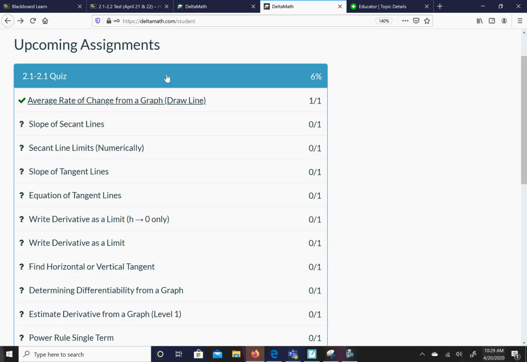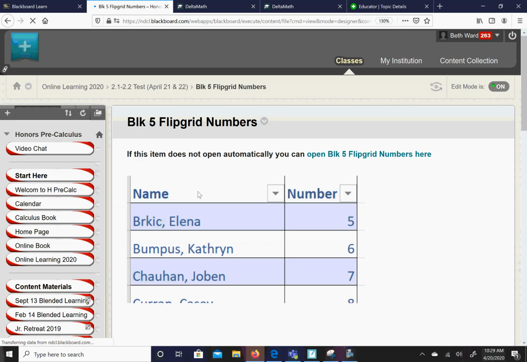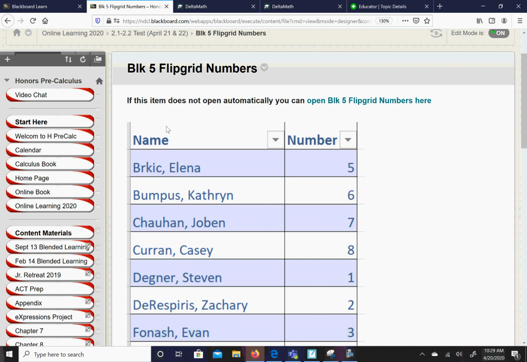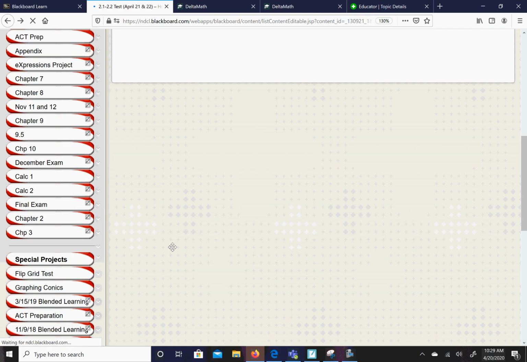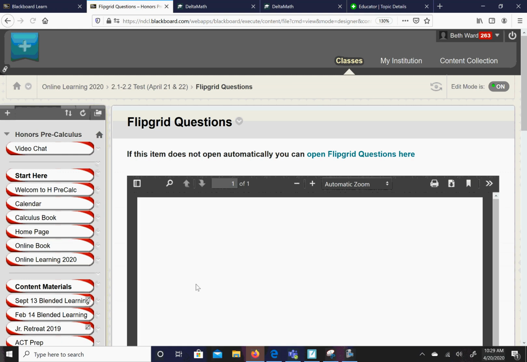The next part of the test will be on Flipgrid. You're going to click whatever block you have. You're going to find your Flipgrid number. So we're going to pick on Jobin. Jobin is in block 5. He is problem number 7. So when he goes back to the Flipgrid questions, he is just going to focus on question number 7, and he's going to do the work for number 7,